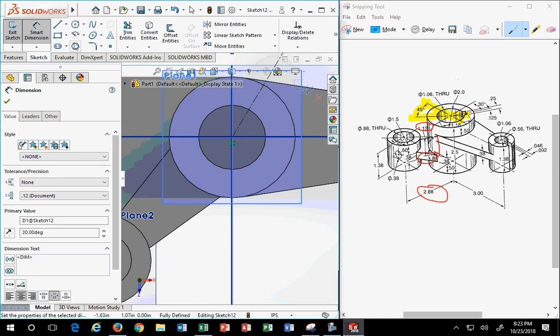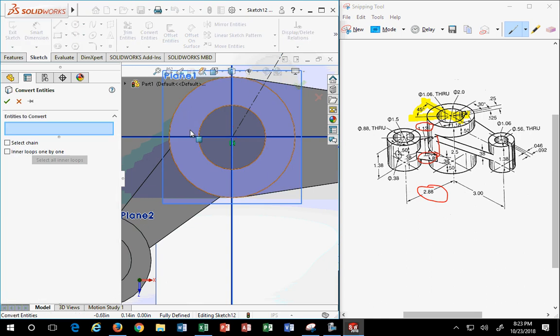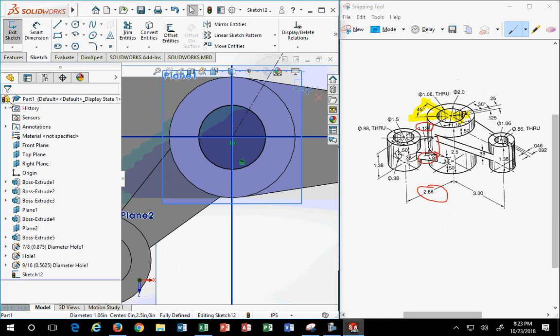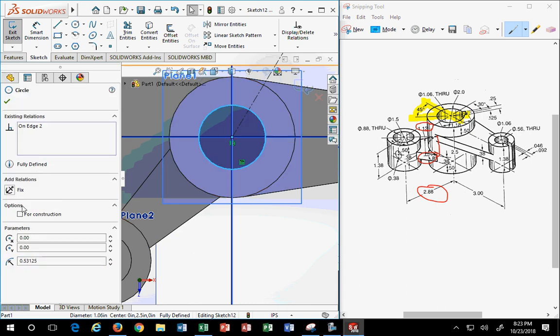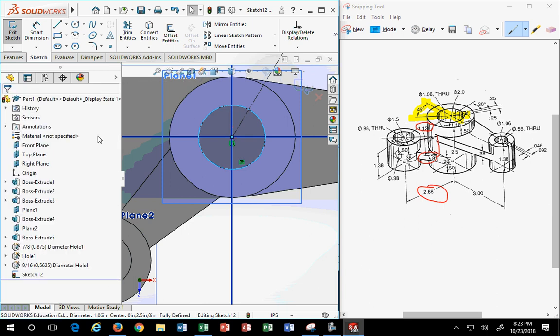Now you're going to find out the easiest way to do this is convert entities. How often do I use convert entities? All the time. The bigger question is, when do I not use it? The key is to turn this object into construction geometry, okay? And then of all things, you're going to extend